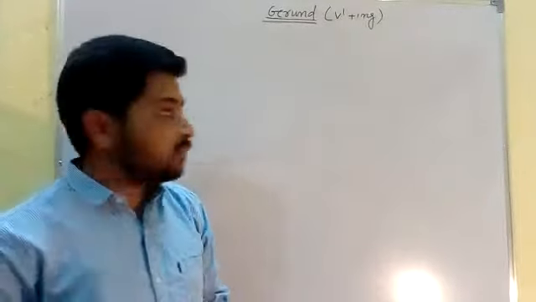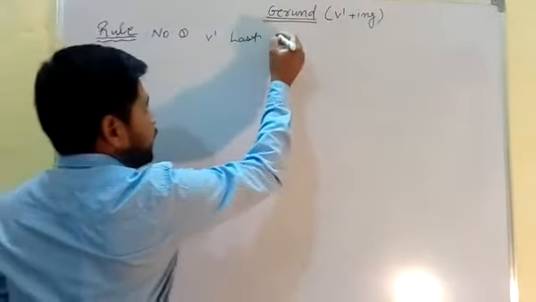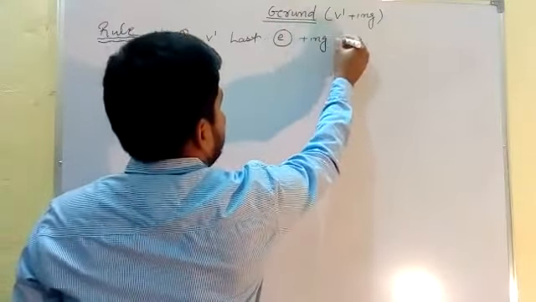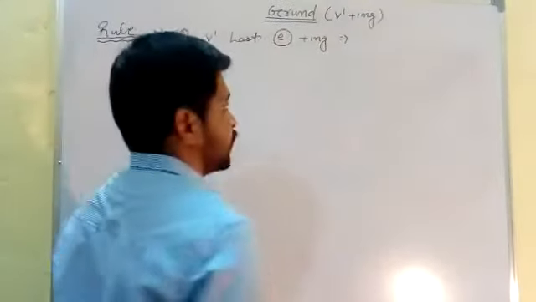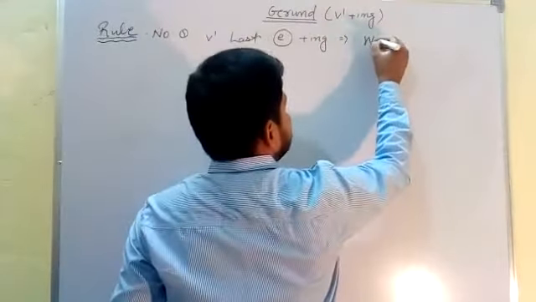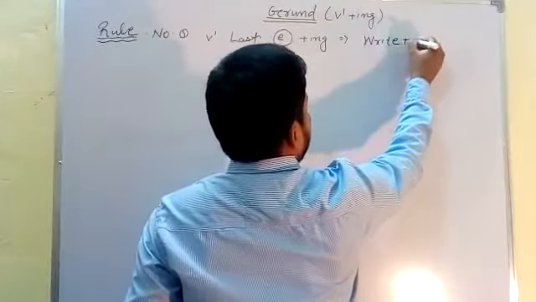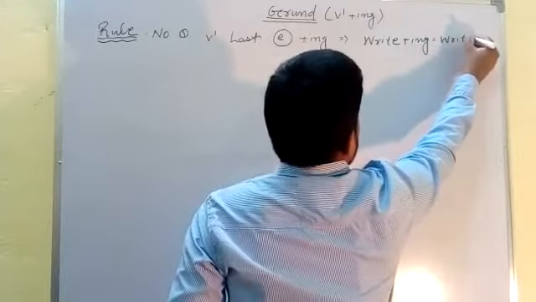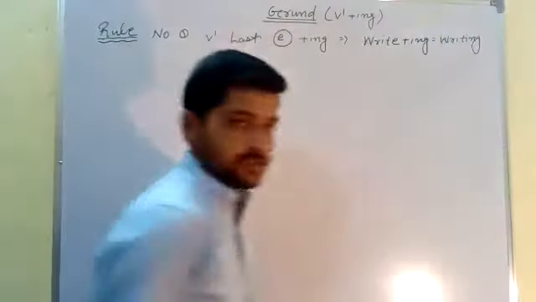So let me start with point number one, rule number one. Rule number one is this: if you find a first form of the verb whose last alphabet is e, then we can include ing, and the spelling changes. For example, our word is write, then we can use ing. What is the spelling? WRITING. It is a new spelling.